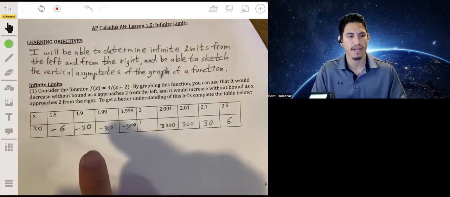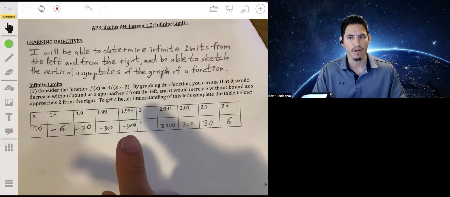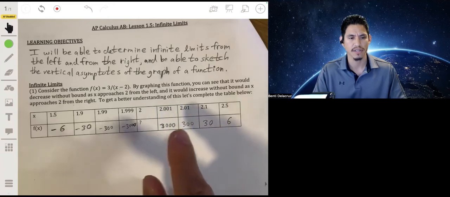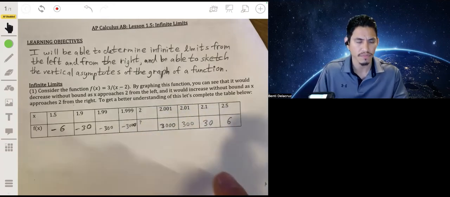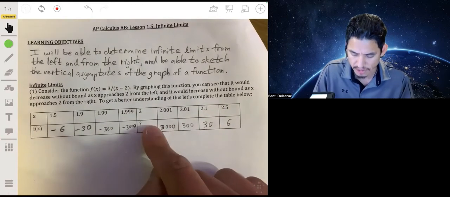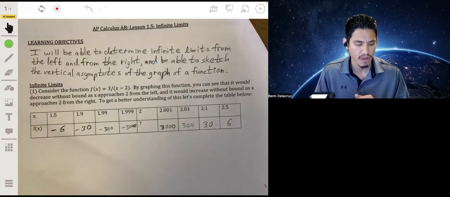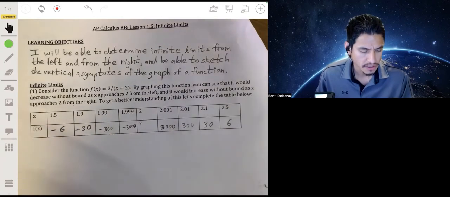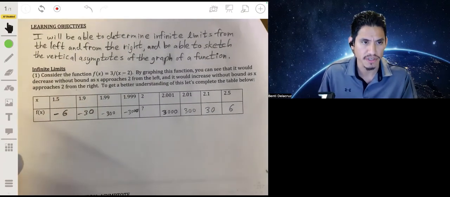So on this side, you're getting very large negative numbers, and on this side, you're getting very large positive numbers. So it's like, well, then what's going on at 2? It doesn't seem to be approaching any number. You seem to be going in opposite directions. So if we were to graph this function,